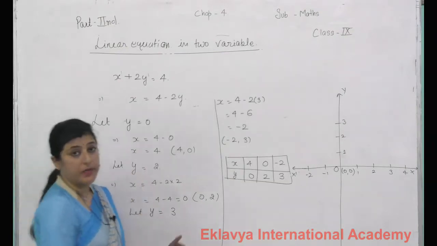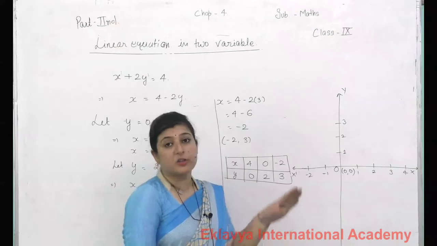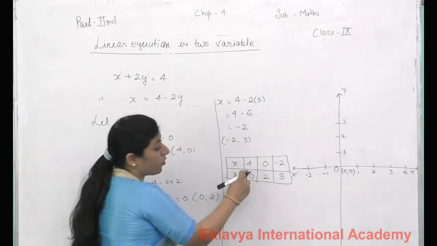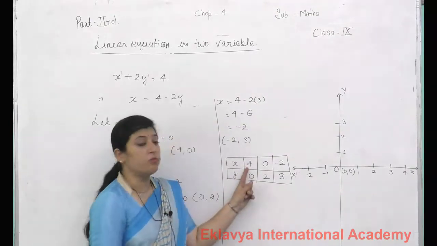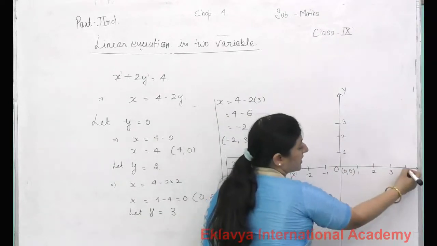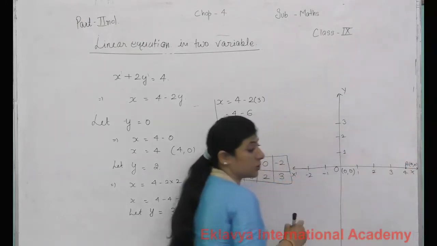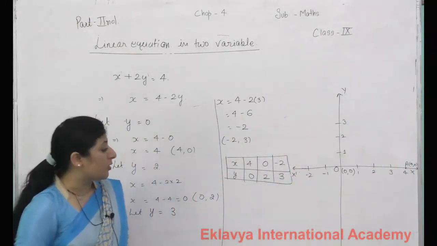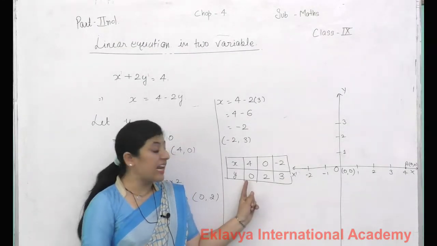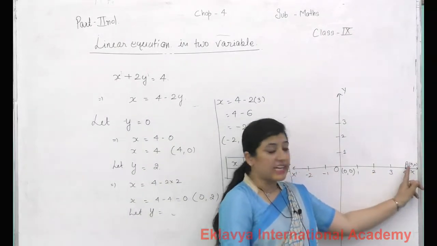I don't have graph paper here, so I am describing on the book. But whenever you solve, try to do it directly on the graph paper. Now see, (4, 0). Firstly we move on the x axis 4, comma 0. Then this is point A here, (4, 0). And you already know one thing also, when y is 0, it means the point lies on the x axis. Yes, this one is the x axis, the point lies here.